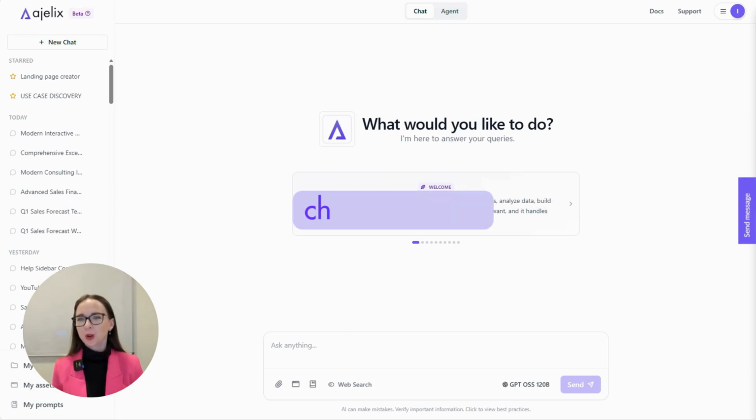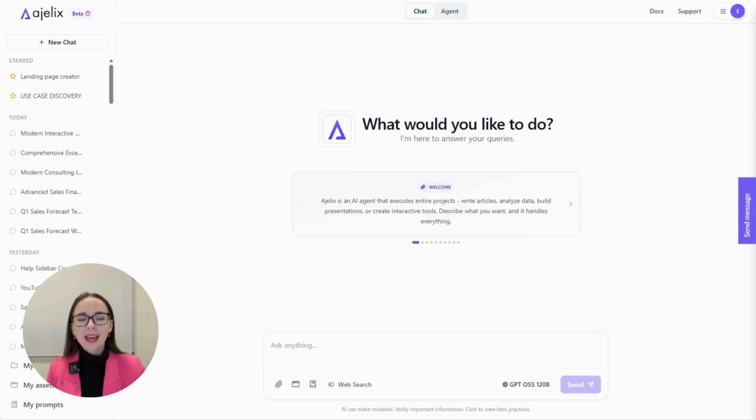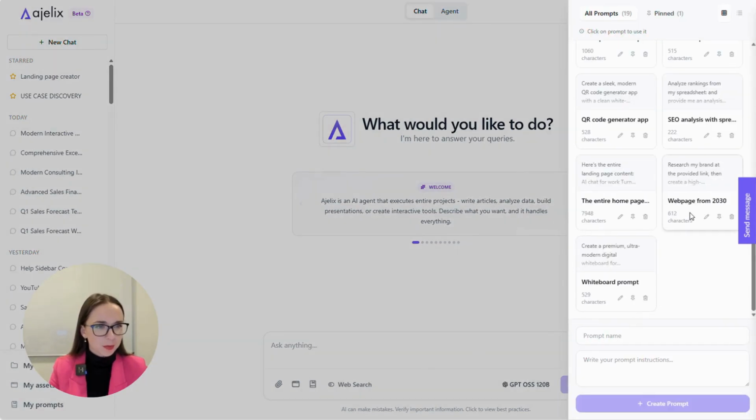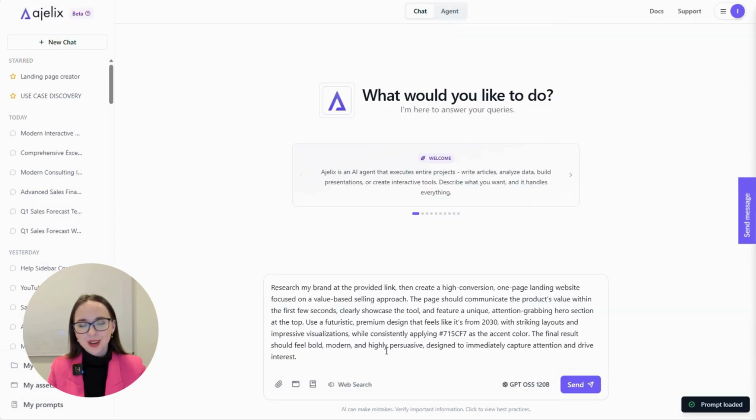First, you have to go to chat.ajelix.com because that's the tool we're going to use for this super amazing workflow. The next thing is the prompt, of course. I have already prepared a prompt, so this is my prompt library. I have already prepared a web page prompt for this specific use case, and at first, I'm asking